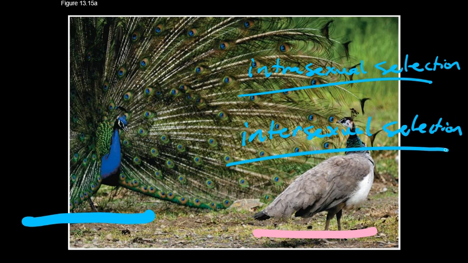Intersexual selection, which is between sexes, is also called mate choice. What happens is usually females are more choosy. One sex, usually the females, is more choosy in selecting their mates. So what's the advantage of this? Well, one hypothesis is that